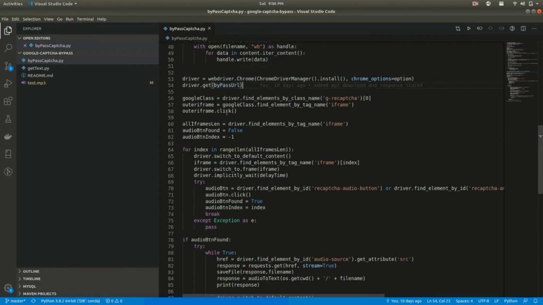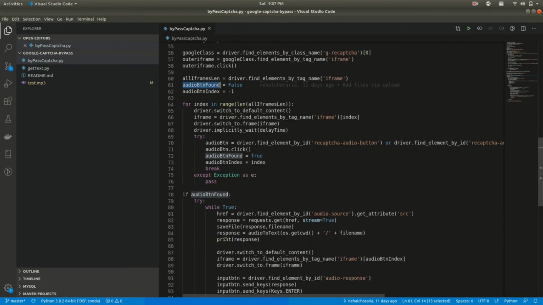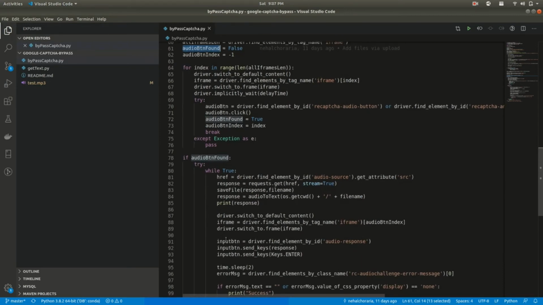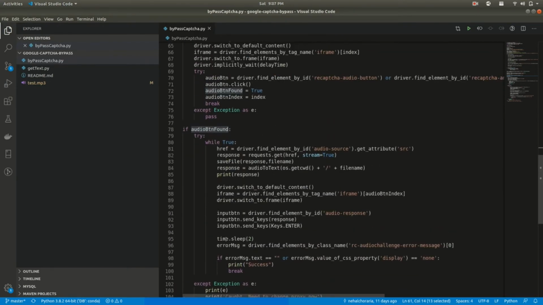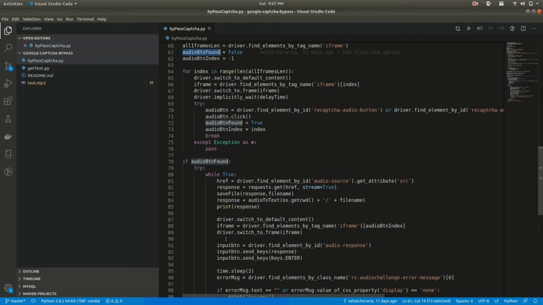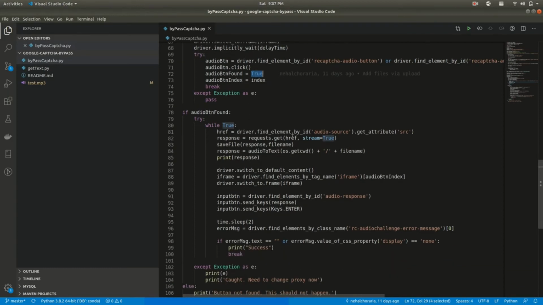The next few lines of code do button clicks and open up the audio tab, and in case we are not able to find the audio button, then we have to adjust this code depending upon the new link which you have inserted. Now that should generally not happen, but in case it happens, something needs to be fixed and you have to debug it yourself, but in most cases this does not happen. So in the next few lines of code, we perform the audio click, and once the button is found, we extract the MP3 file from there.